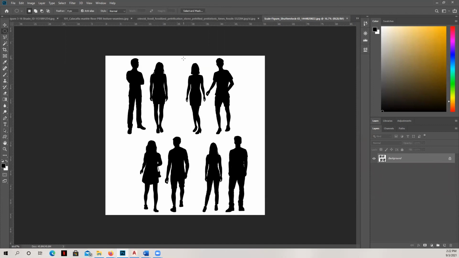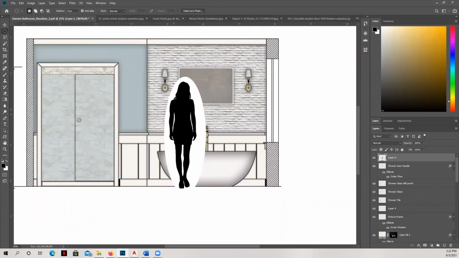I'm going to go ahead and bring in this gal, but you know what? Not that one. I want to use this one because she's not wearing high heels in her bathroom. And I'll paste her in here. I'm going to get rid of some of the excess around her and move her up just a little bit. And height-wise, she looks pretty good.